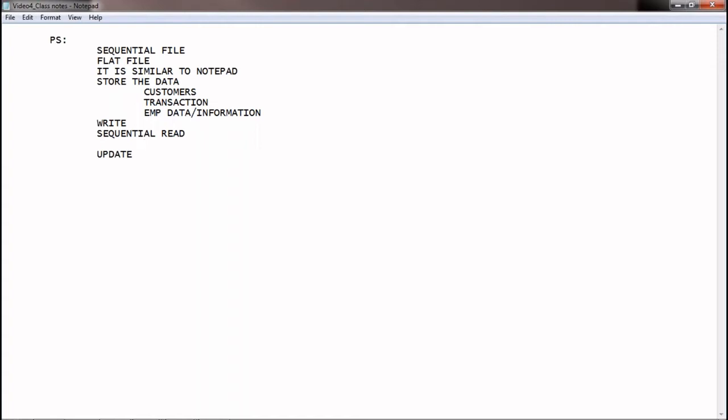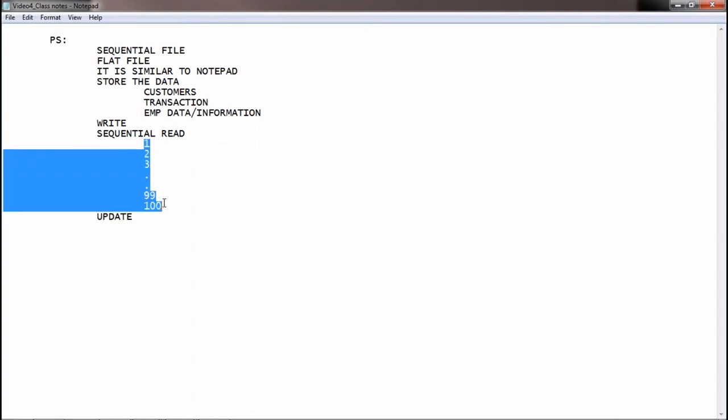Say there are 100 records in a sequential file, or 1000, 4000, the number is as per your wish. So we have data from 1 till 100.